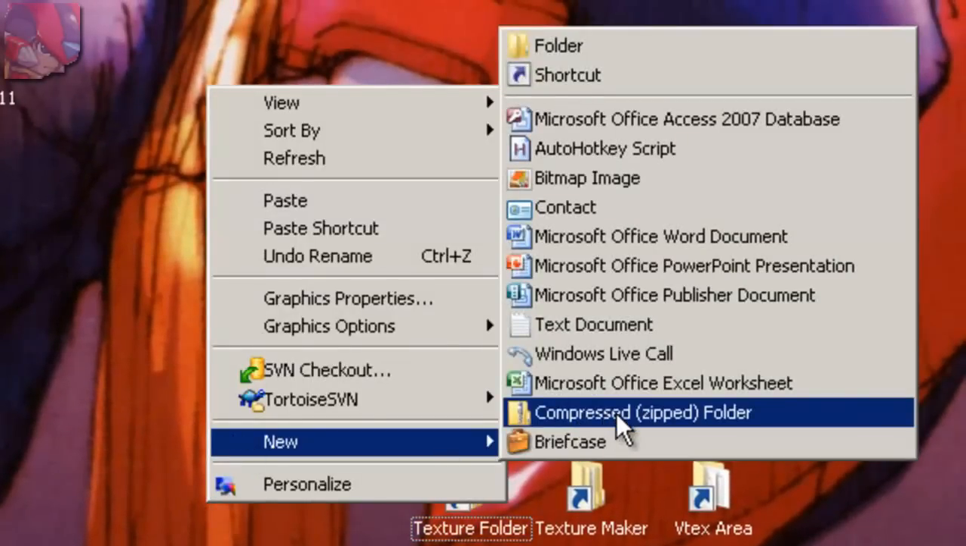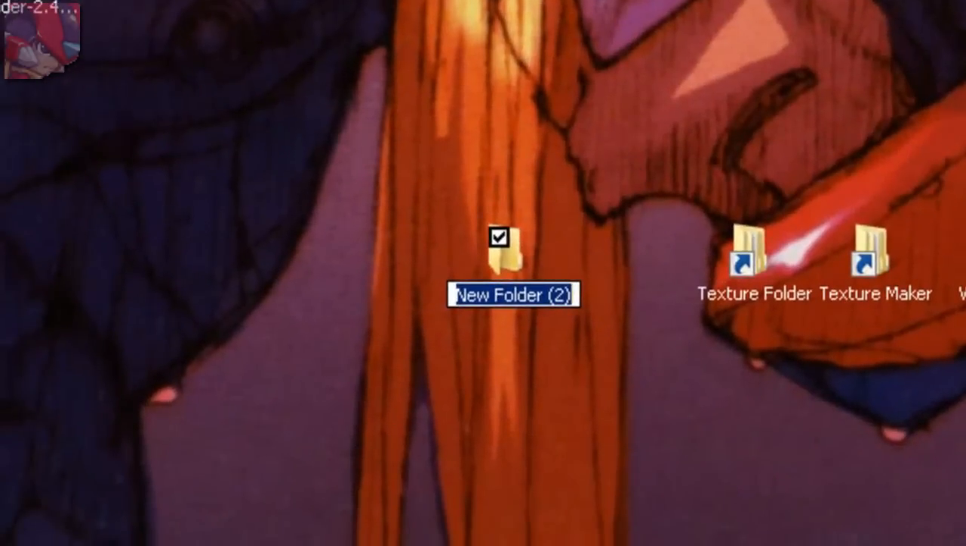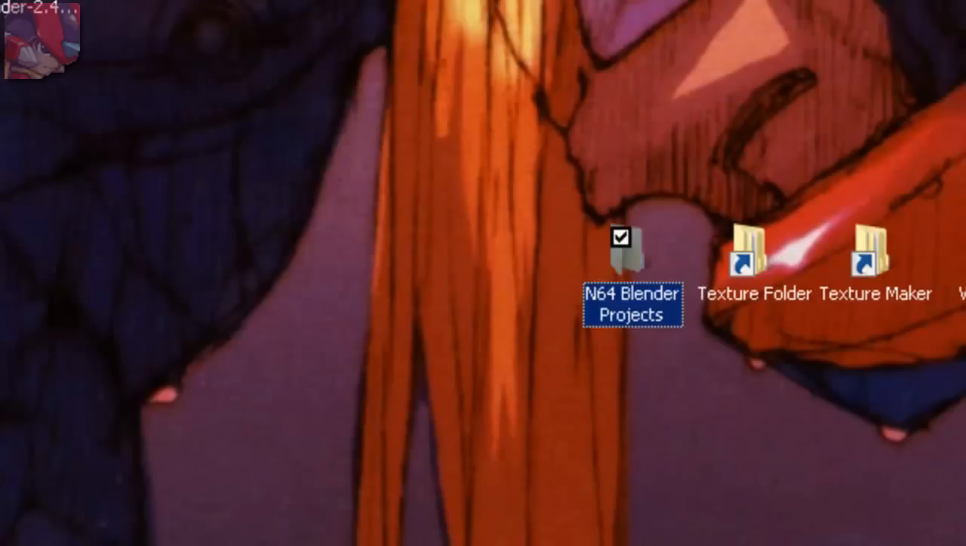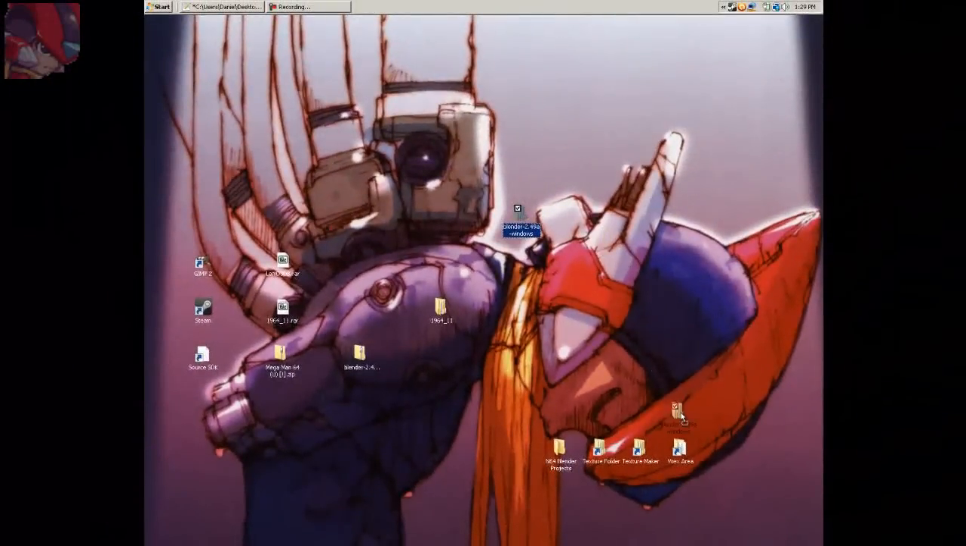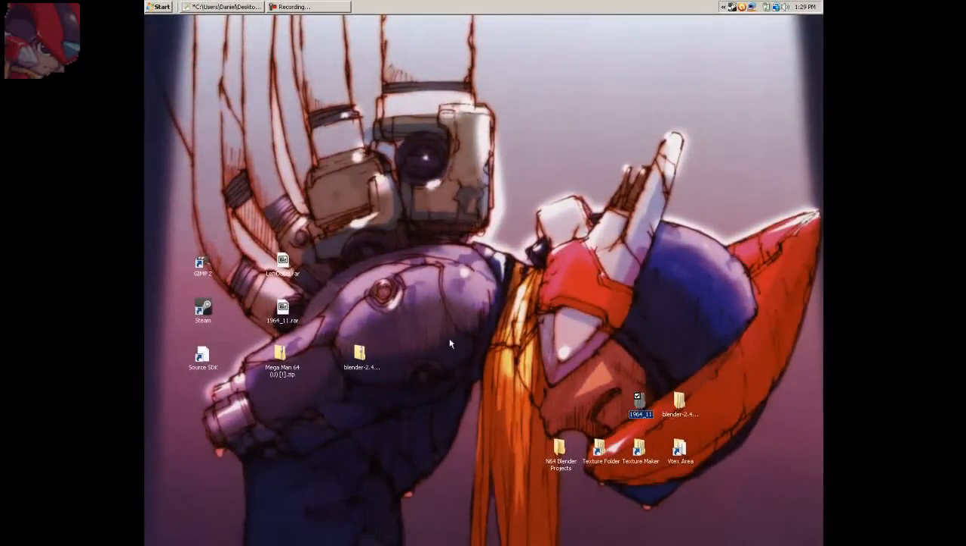Finally, make a folder on your desktop and name it Blender, no wait, actually, N64. I'm kind of a freak for capitals, but N64 Blender projects. That seems pretty much everything you need to do for the setup tutorial, and